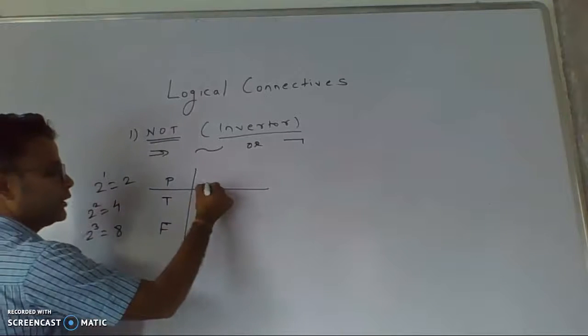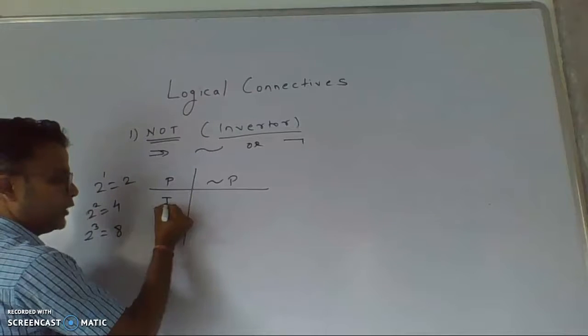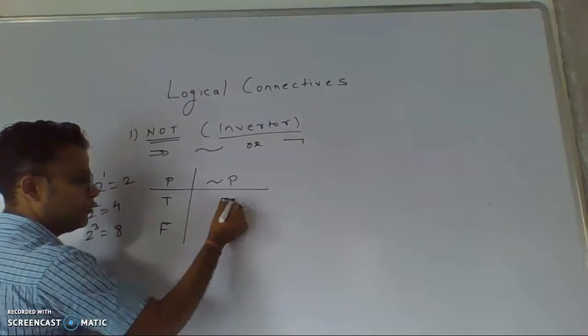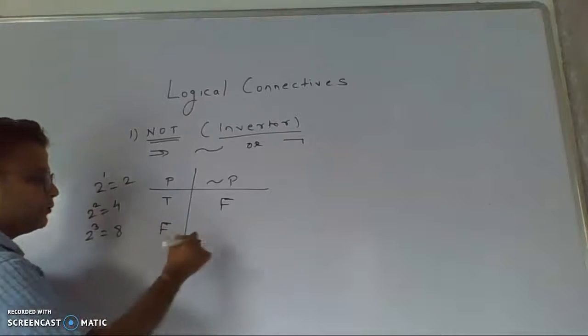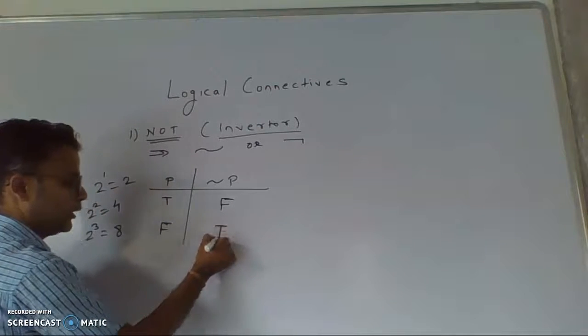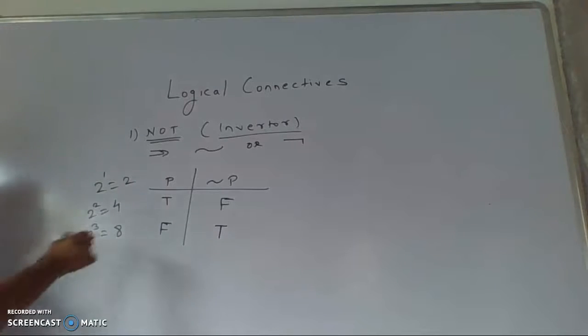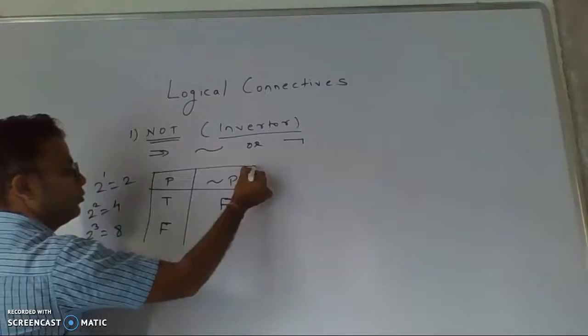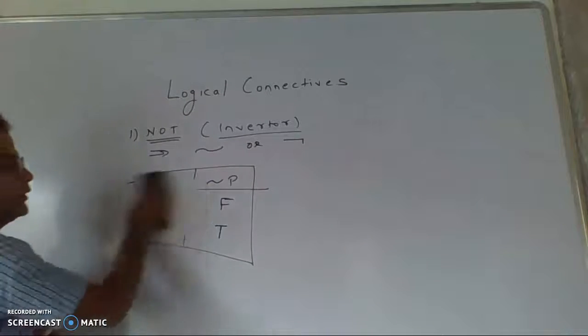What will be the negation of P then? If P is T, it becomes F, of course since it is negating, and if P is F, then it becomes T. That is the simple truth table for the logical connective NOT. Then the next logical connective is